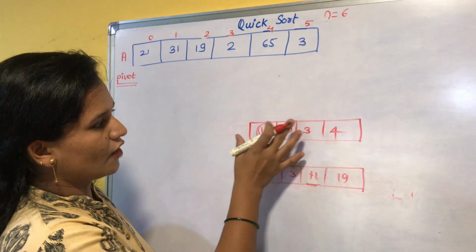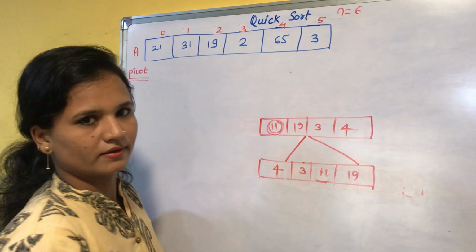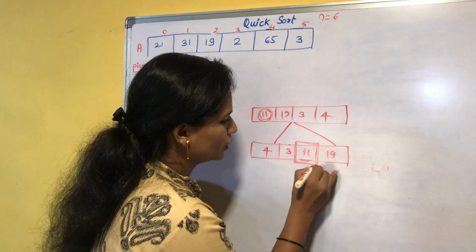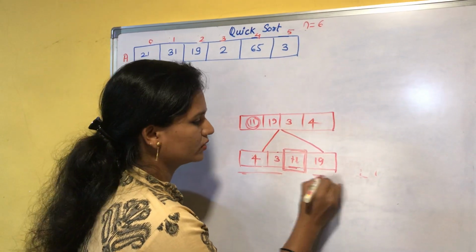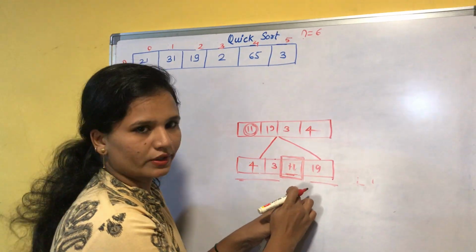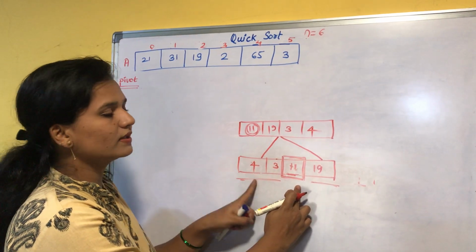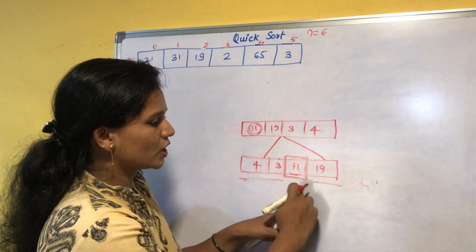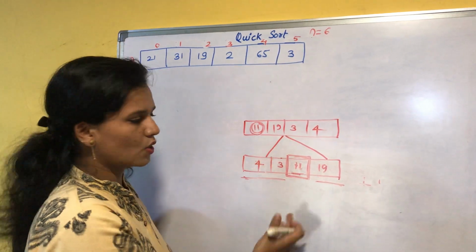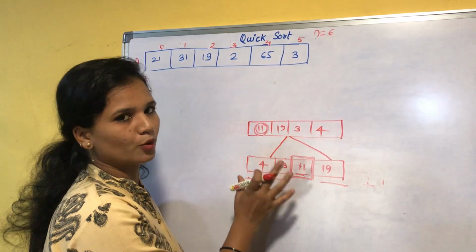Then after partitioning I get 2 sub arrays, this sub array and this sub array. Here this is your pivot element, which is now sorted. You cannot say anything about this array or that array. They may be sorted or may not be sorted. But for sure your pivot element is sorted, because all the elements before the pivot element are smaller than it, and all the elements after the pivot element are greater than it. Each side may be sorted or unsorted, but for sure we know that 11 is at its appropriate position.